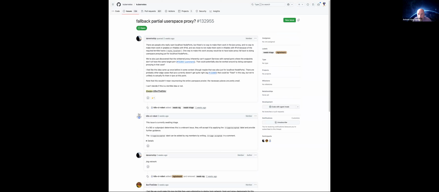This is fallback partial user space proxy. This came up also in Slack today with Maciek from SIG CLI. People use the trick of using node port localhost. Also, Maciek told me somebody may attend the meeting, so if he's in the meeting, please tell me. People use the node port localhost trick to put the local cache